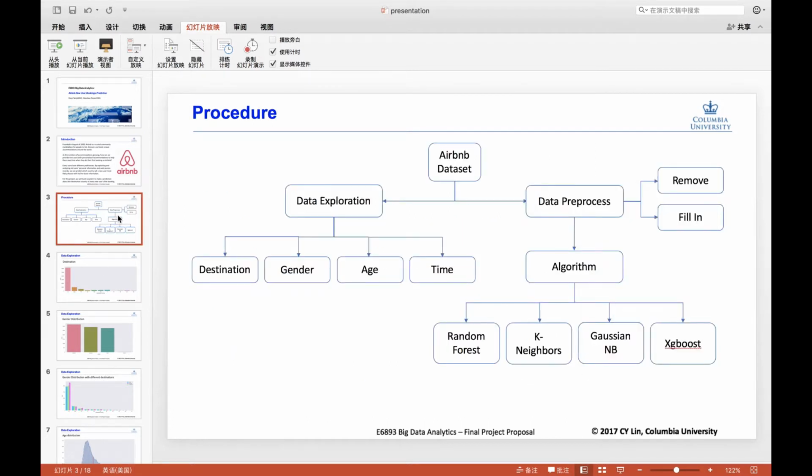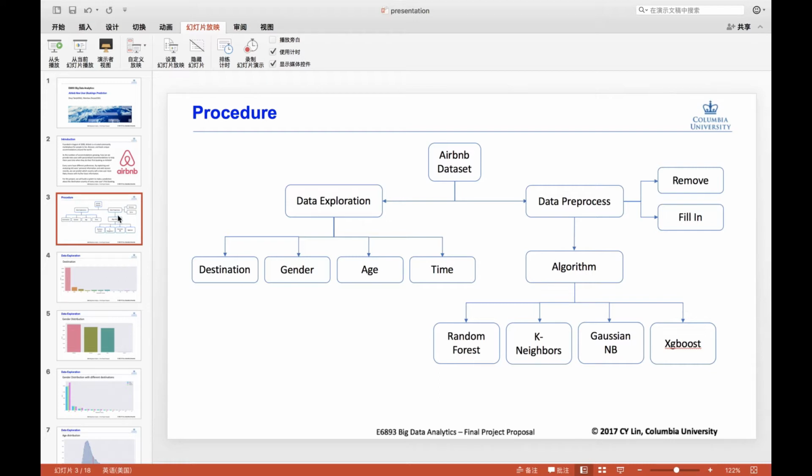We design our system as the following flowchart. The first step is data exploration. We have analyzed 4 features: destination, gender, age, and date, and try to excavate whether these features have peculiar behavior and whether there are any connections between them, and how they influence the output. The next step is data preprocessing. We preprocess the data by removing unnecessary data and filling in the null data with the variation and standard deviation of the available data. The final step is machine learning.